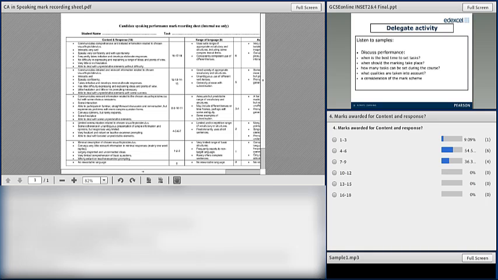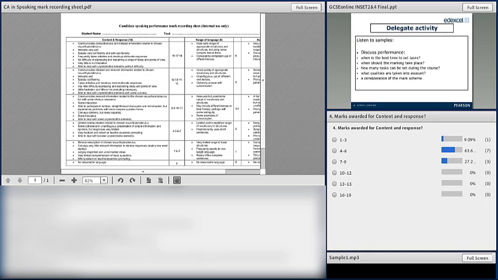Obviously the communication here was quite limited, and I think the box that covers 4, 5, 6, 7 describes it quite well, because the response is limited, she's quite hesitant, a bit incoherent at times. She's able to deal with some unpredictable elements, but they're all quite basic. What the examiner awarded here was 7. I mean, 6, 7 is about that box anyway. We're not going above the limited really for this candidate.